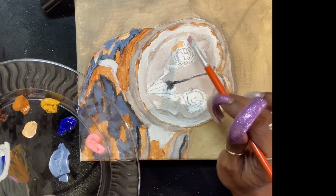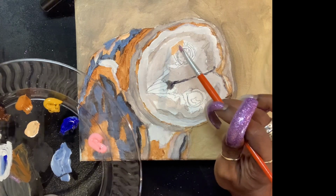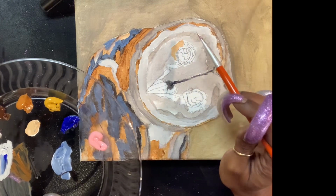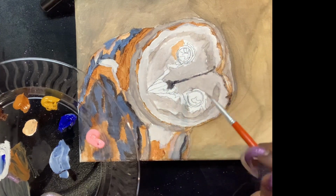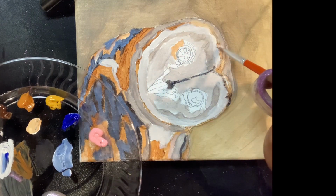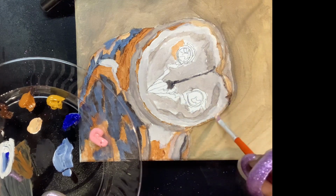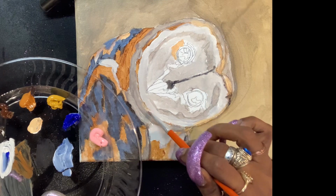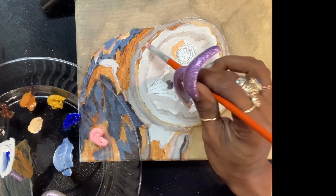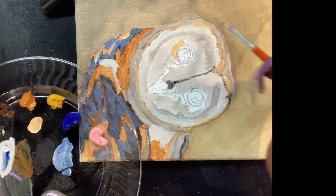If you feel like you don't have enough control of your brush on this little part, you can switch to your small liner brush if you feel more comfortable using that. Tap that color in. We'll put some more of this around here. We're not completely covering up that background color, but